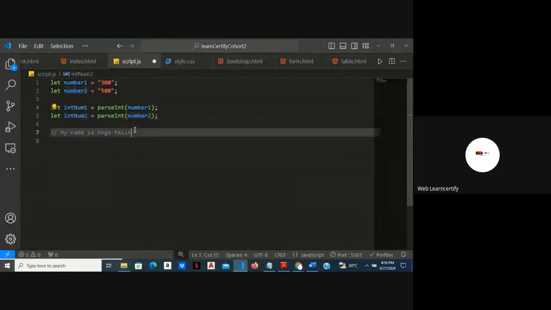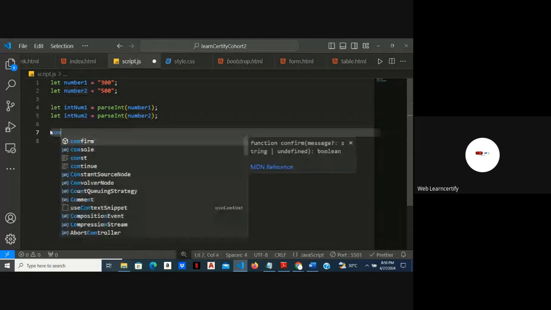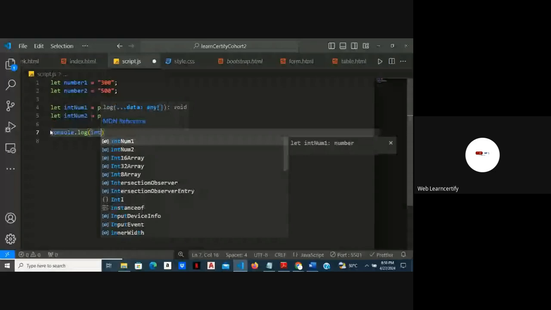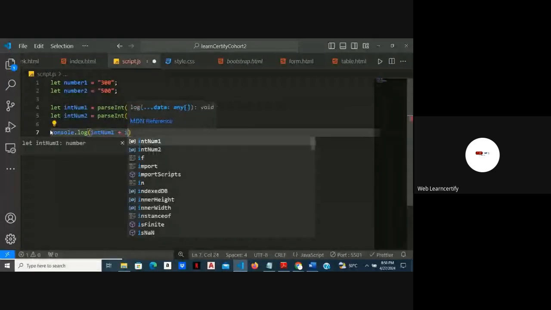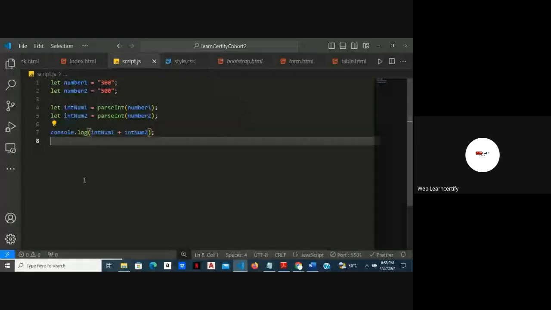Now, I want to console.log intNum1 plus intNum2. So remember, if this is a string, it should concatenate instead of adding as numbers. Okay? So if it is a number, it should show us 800. But if it is a string, it